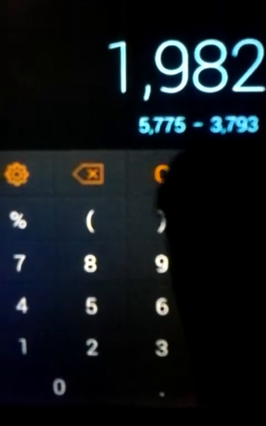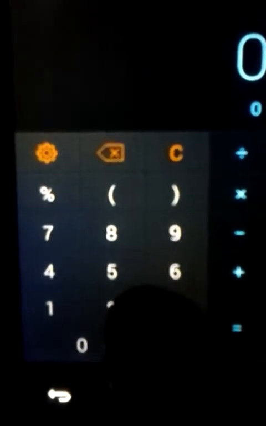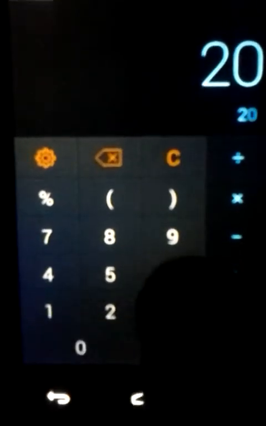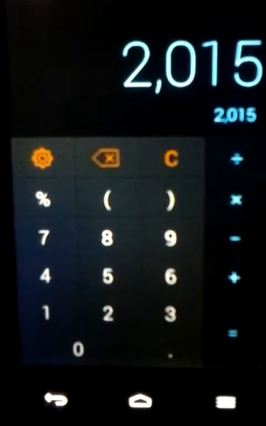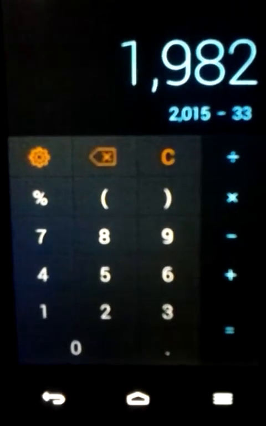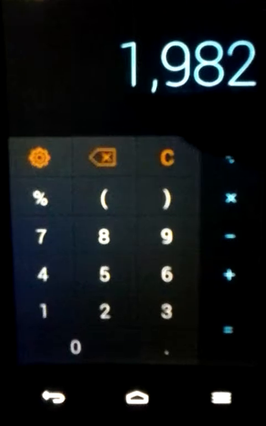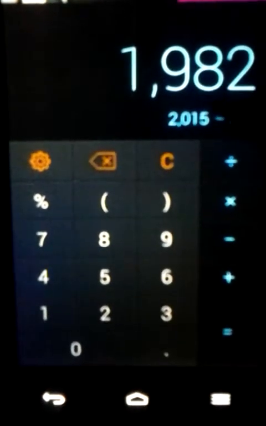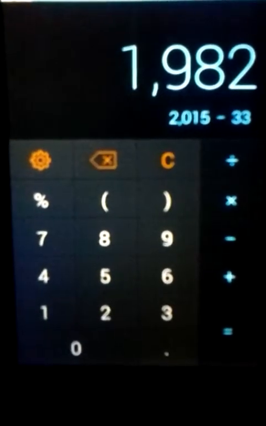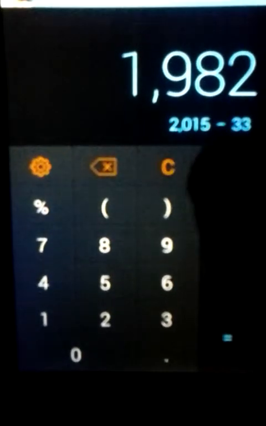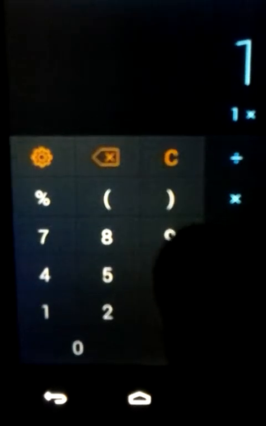According to the lunar solar calendar. We use a solar calendar. So our calendar would be this year's 2015, the Gregorian calendar, minus the year Jesus was crucified. As you can see, both of the calculations show 1,982 years ago, like I showed in one of my previous videos.